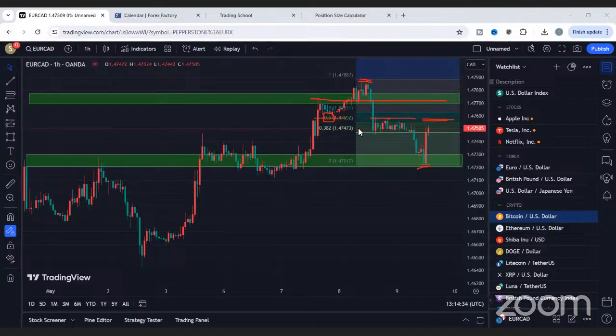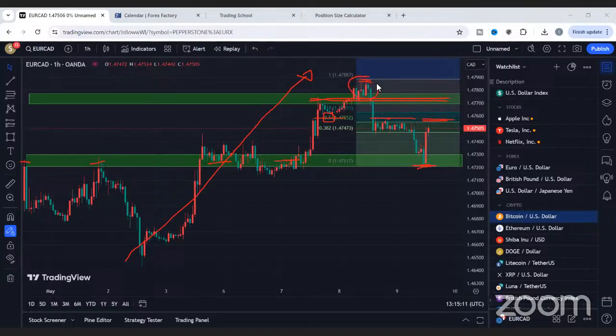So for where to buy and where to sell, that is it on the Euro CAD. For the buying, if you ask me, you already missed it. And the trend more or less has been an uptrend. So if you're looking at going with the trend, that opportunity has already gone over here. You've missed the opportunity already. And then if you're looking forward to selling, which is against the trend, you can either look for this area here of confluence for the 50 fib with this area of resistance and then support over here, or wait for price to get to this point over here.